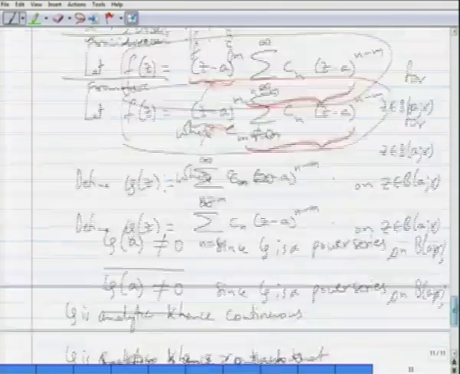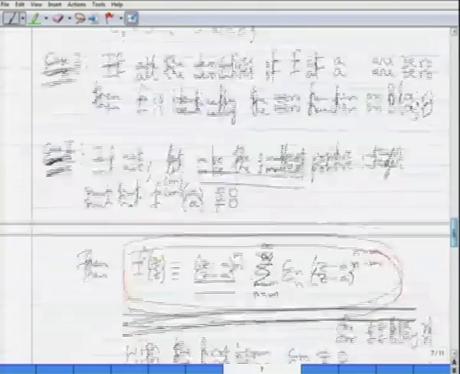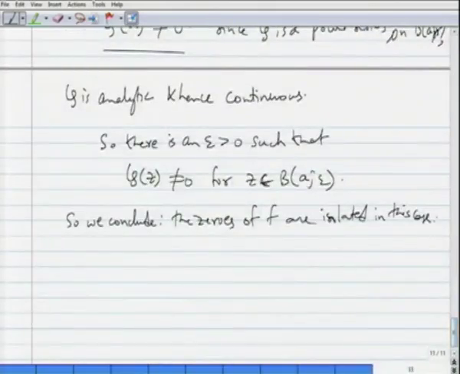Okay. What is this case? This is case 2 we are dealing with. Okay. So, we will sum this up in the following theorem. This we will call the identity theorem